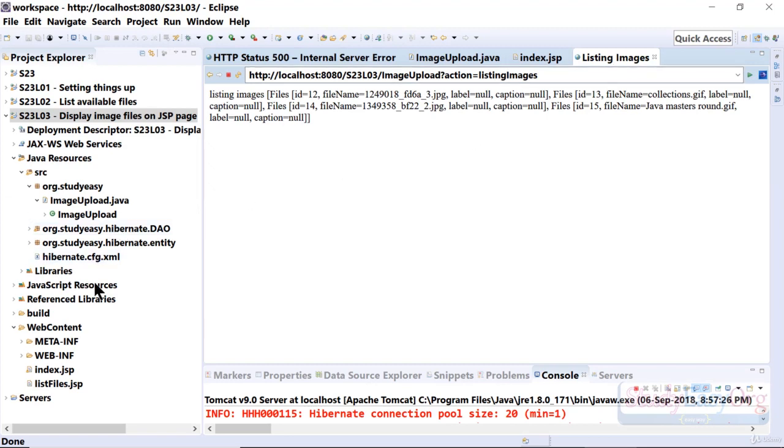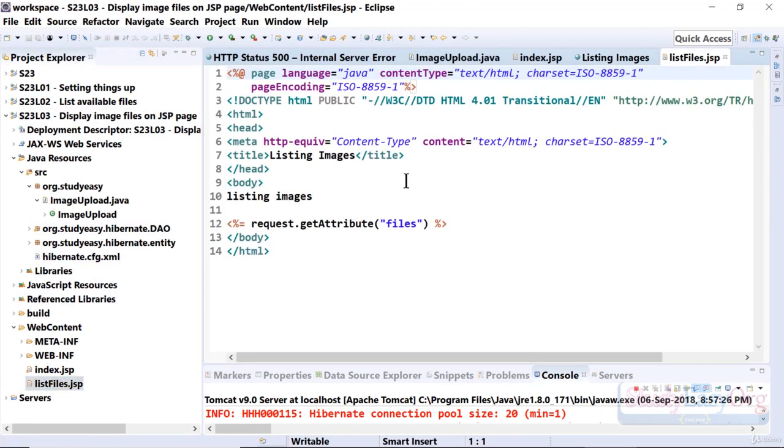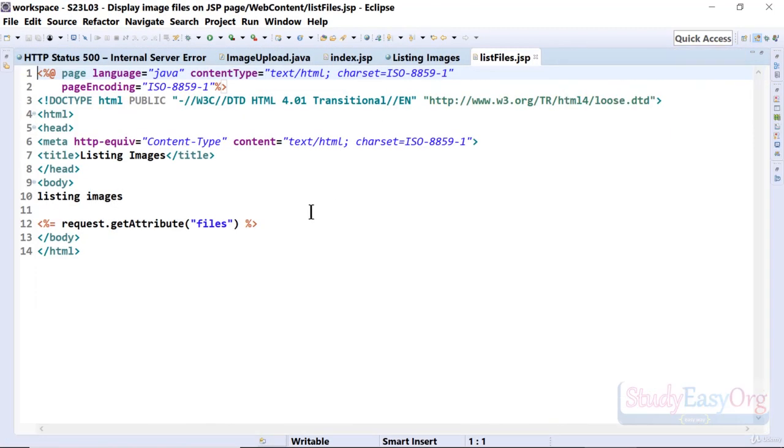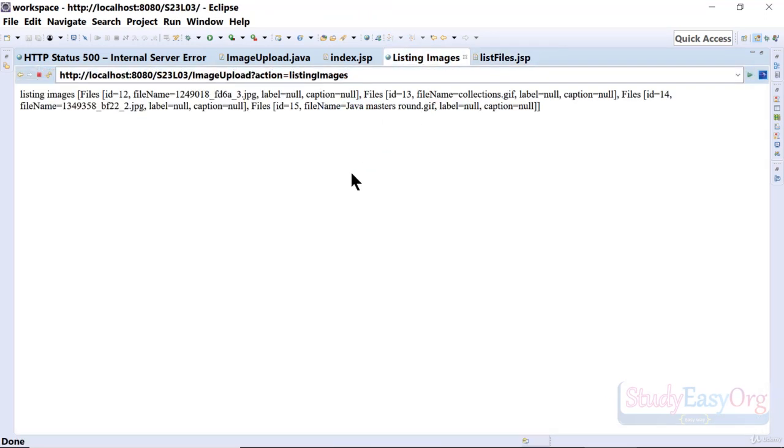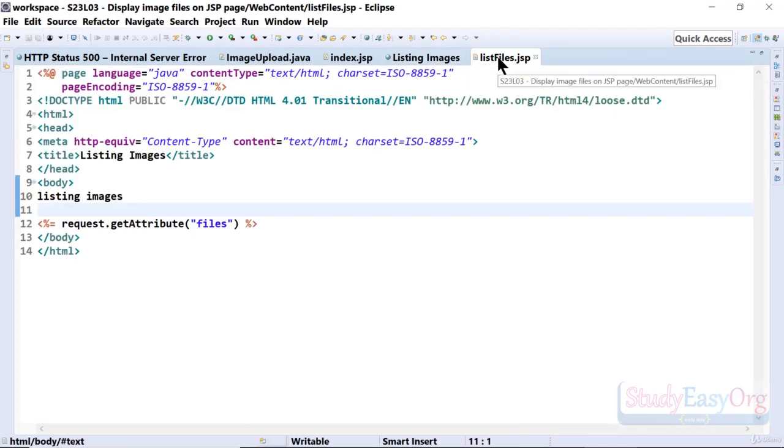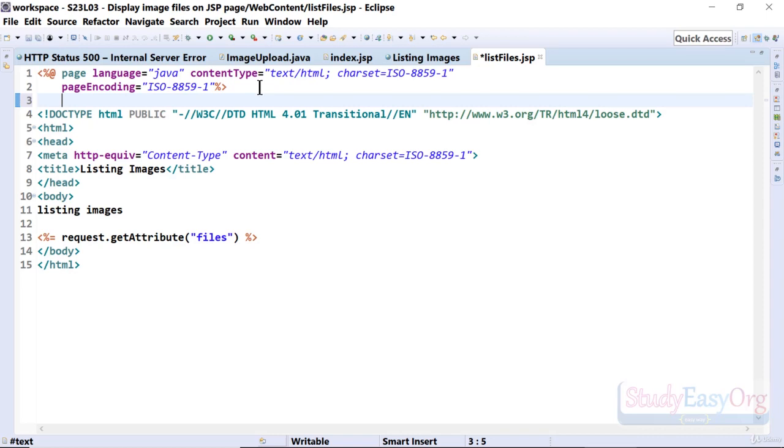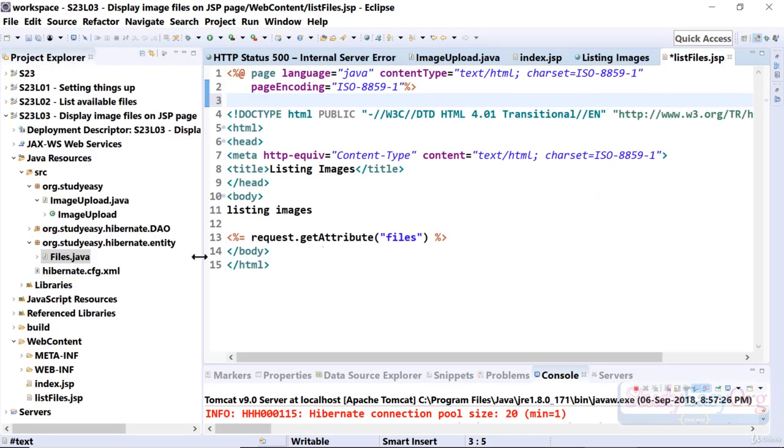Now friends, moving forward, let us edit this listfiles.jsp file, and now it is interesting. We will convert the view to a beautiful looking web page. So let's get started. Alright, so now let us click on this listfiles.jsp file, and in here first of all let us import the entity class. Let me show you. Here is our entity class inside this